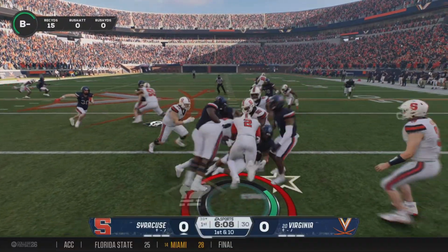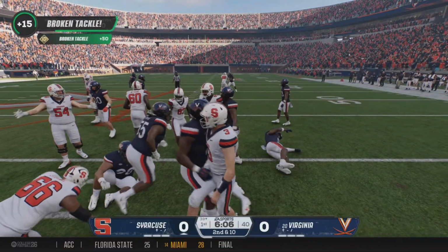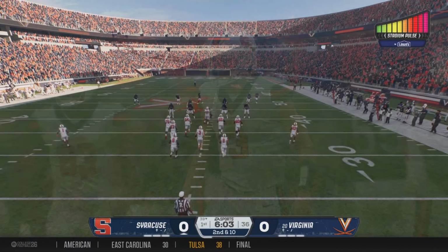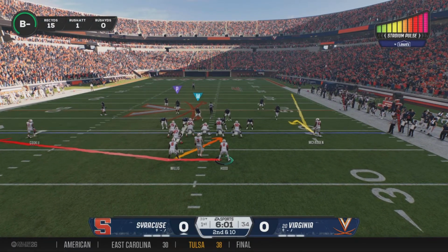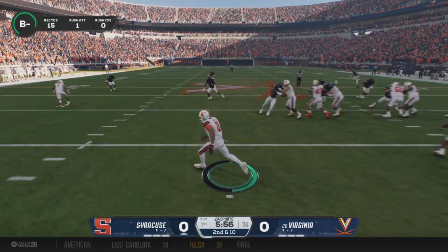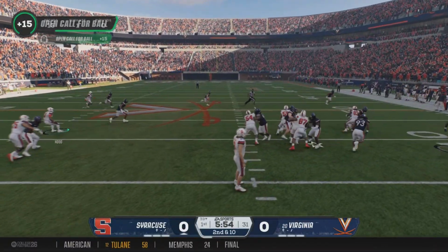He leaves it with his back. Can't get him to the ground. I think one of the biggest keys in stopping these big physical running backs is you can never let them get momentum running downhill, and I think that was a big factor on that play. They didn't get him right away. He was able to break a tackle, but he couldn't get...